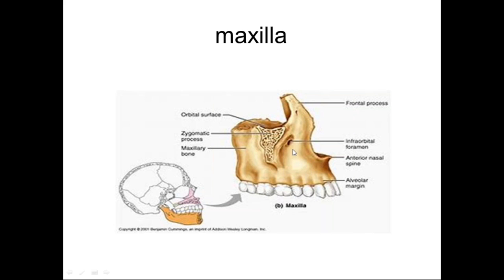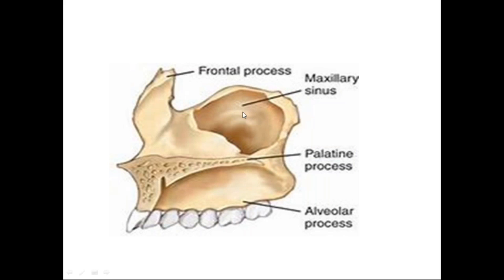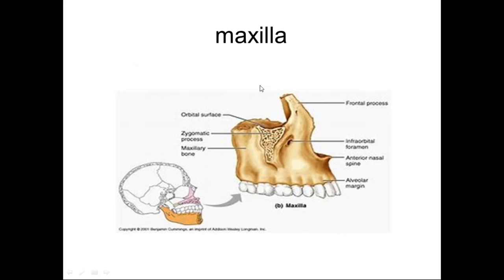Then the main feature for the side determination of maxilla is that the nasal notch lies medially, the alveolar margin lies inferiorly, and the medial surface of maxilla has one groove, that is a hiatus, known as maxillary hiatus for the maxillary air sinus. So this is the medial surface of the maxillary bone. The maxillary bone has a body, and it has four processes.